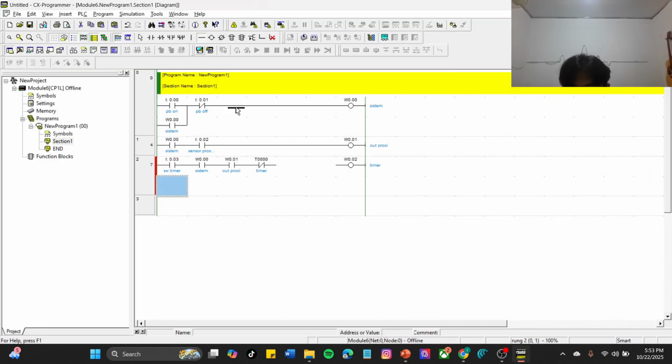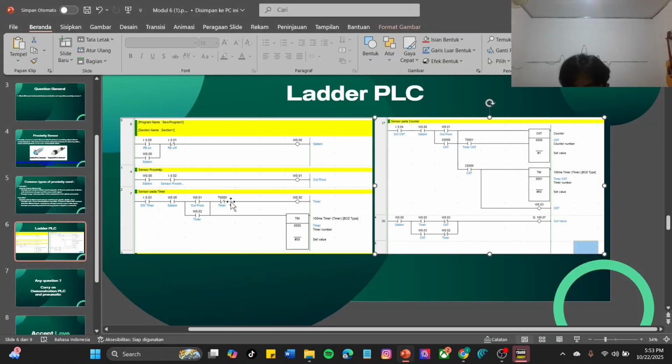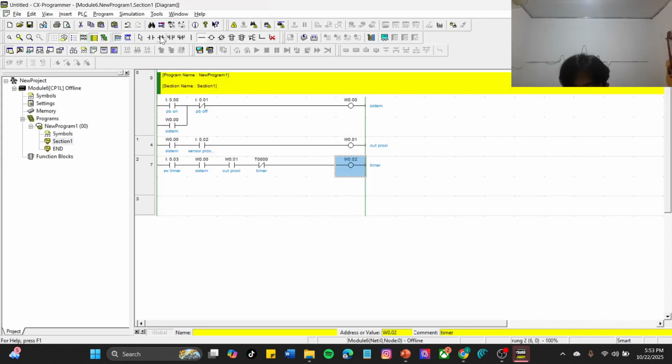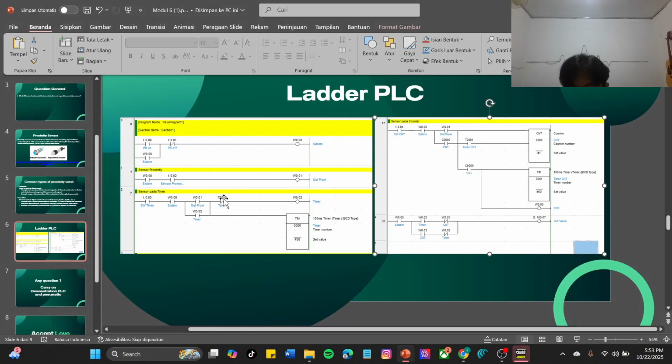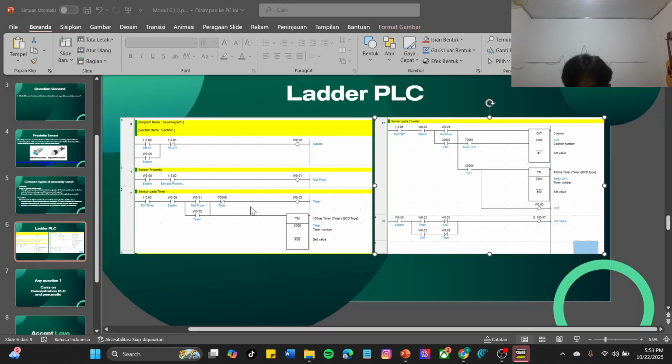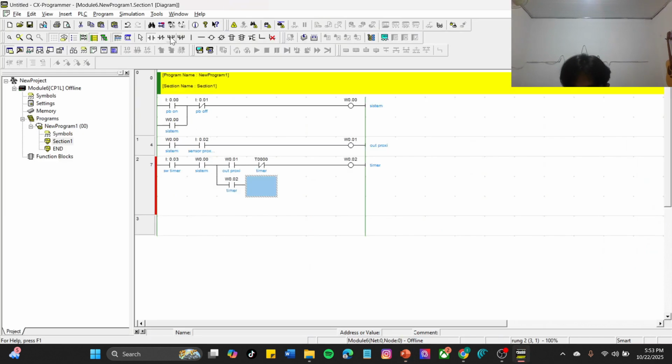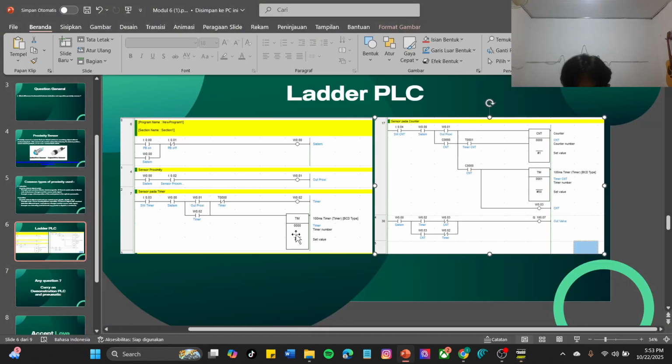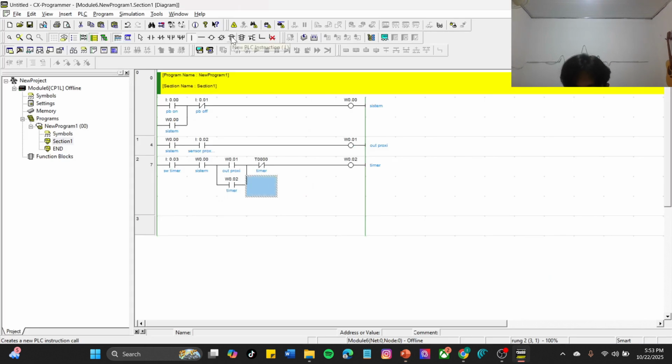Okay, now you can wire in here and the timer here. Timer W002, enter, and wiring here, and next this here.